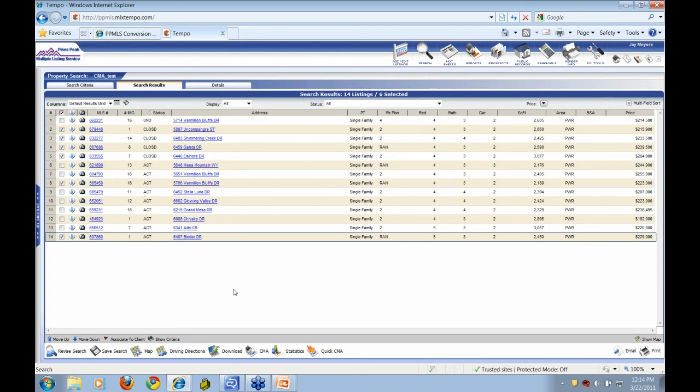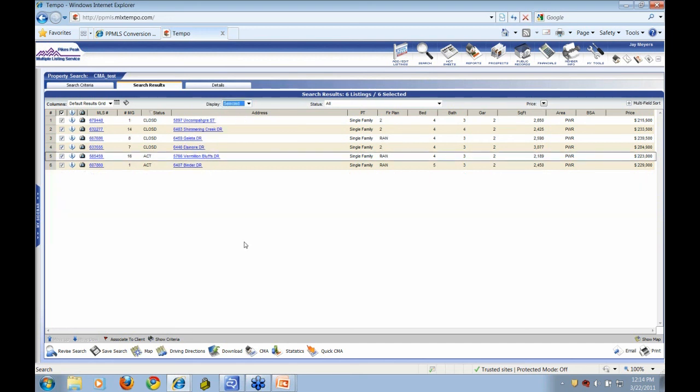Now, another thing that I like to do is clean up the properties that I'm not looking at, and I can do that by filtering out the ones that I've selected versus the ones that I haven't selected. And the way I can do that very easily is, after I've selected them, across the top header above the columns, I can show display, and I can say display the selected properties. And that will remove the ones that I did not pick in my list. Again, it just cleans up stuff that maybe you're not using, and you can focus on what you're going to be using a lot better.